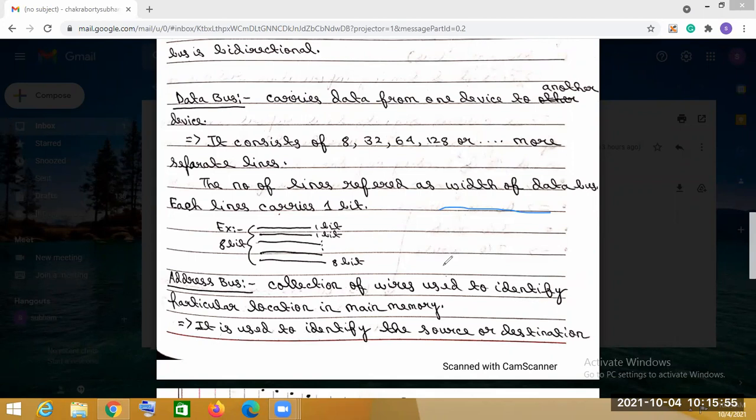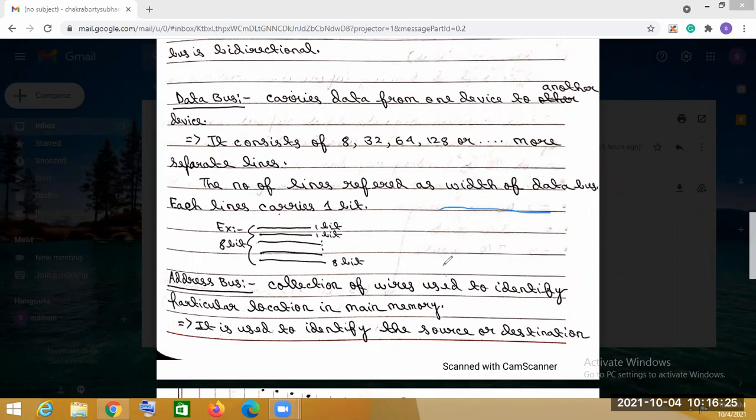So it regulates the activity on the bus, because the control bus monitors the data bus and the address bus. That means what activity will it do? When to read the data, when to put the data on the data bus, or when to read the address of the memory location, and based on that address, what data is to be put on the data bus.